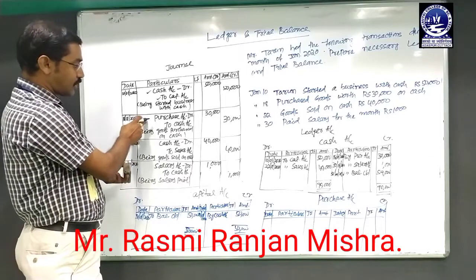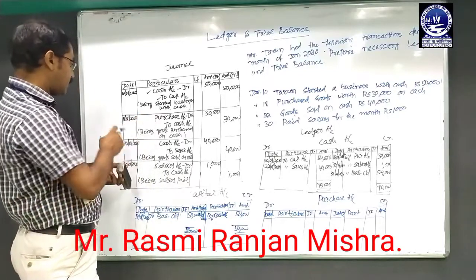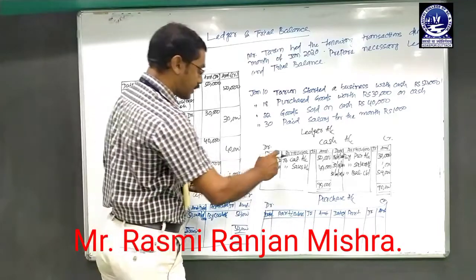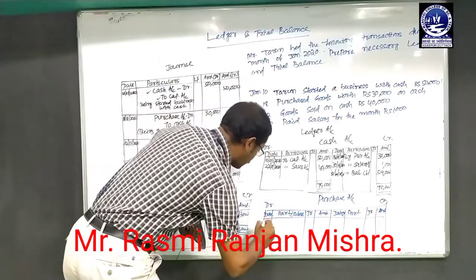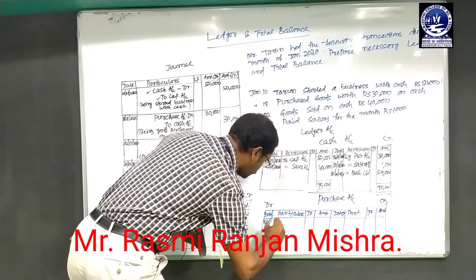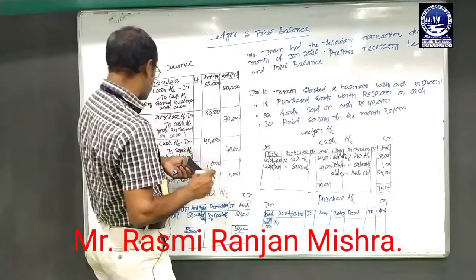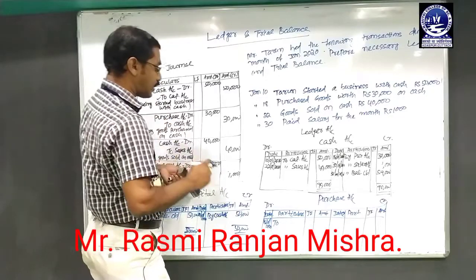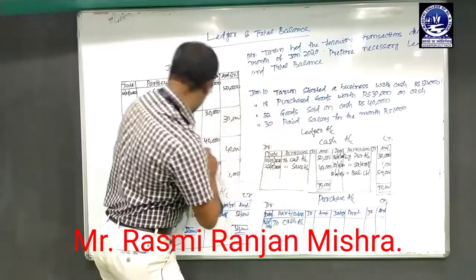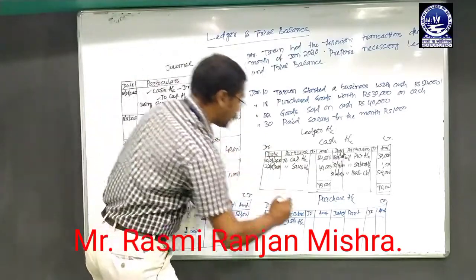So here the purchase account is debited in one case, made on 18th January. As the purchase account is debit, directly go to the debit side. The transaction is made on 18th January, 18/1/2020. Debit side always starts with 'To'. Purchase account debit means cash account credit. So, to cash account, and the amount is rupees 30,000.